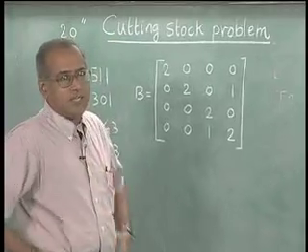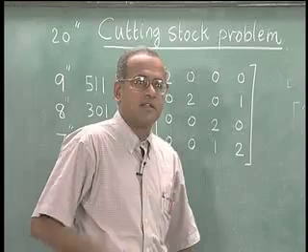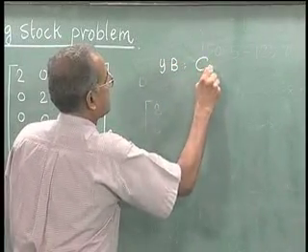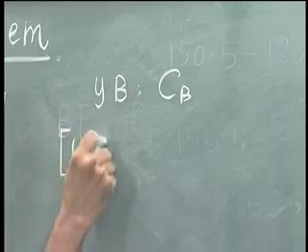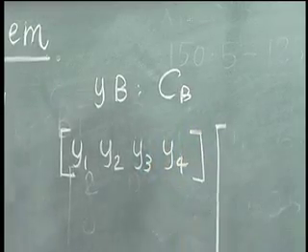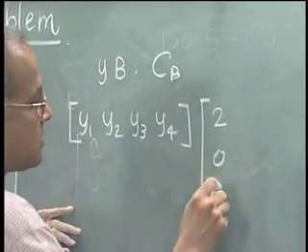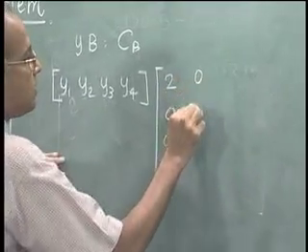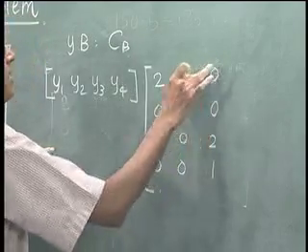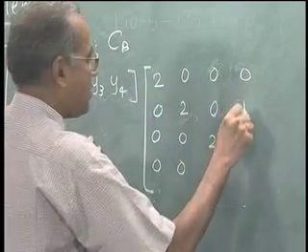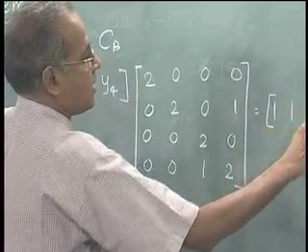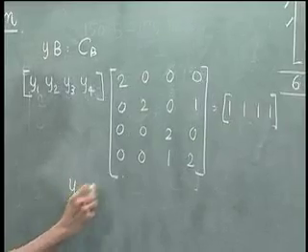Now, in order to find out whether this is optimal, we first need to find the value of the dual y, which is given by yB equal to cB. So, let us call y as y1, y2, y3, y4 into 2, 0, 0, 0, 0, 2, 0, 0, 0, 0, 2, 1, 0, 1, 0, 2 is equal to 1, 1, 1, 1, from which y will be equal to